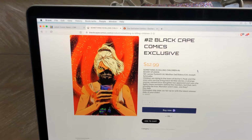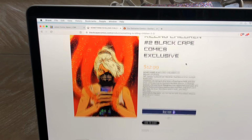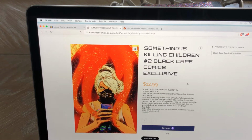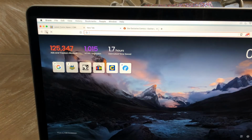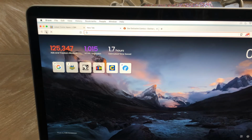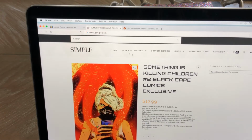The cover artist is Joseph Schmalik. I think it is Schmalik. It's kind of a cool cover. $12.99. The only thing I don't like about this is it doesn't really tell me if it's a limited print run or not. So that's the only thing with store exclusives. You're kind of buying a store exclusive for the idea that it is exclusive. There's not many copies, low supply, therefore higher demand. So that's the only thing that would concern me with buying that particular book. The other exclusive,